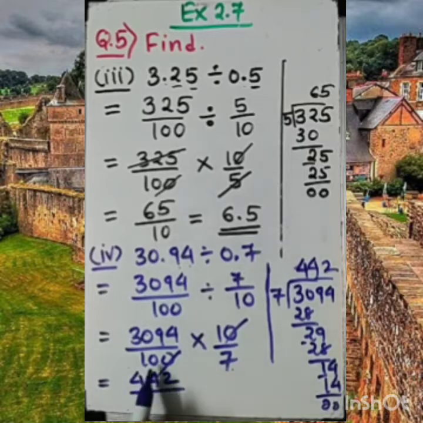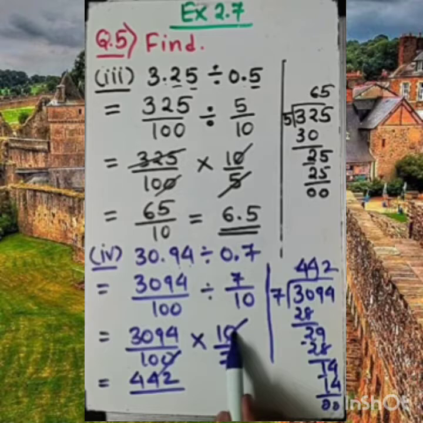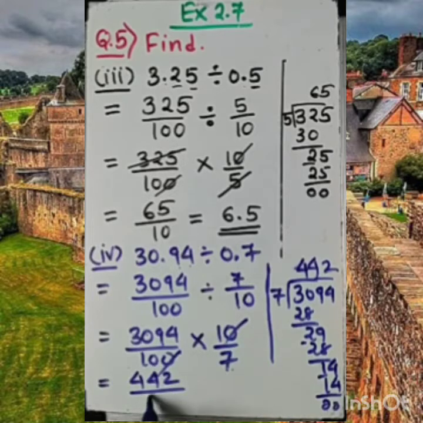But here you can see this 10 is also there, because only 1 zero we have cancelled. So this 1 zero is already there. So let it be. So I need to shift one digit because of this 10. If I want to convert it to decimal, I need to shift one digit. So my answer will be 44.2. This is the solution for the fourth one. Okay.